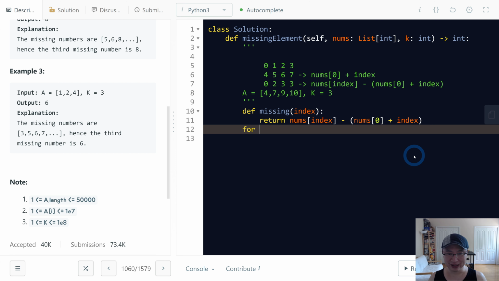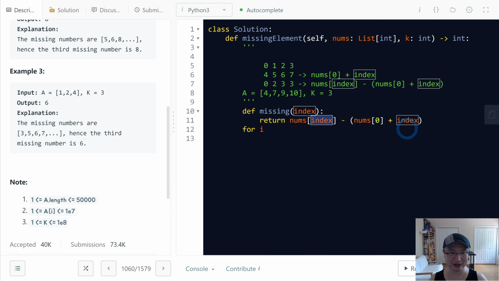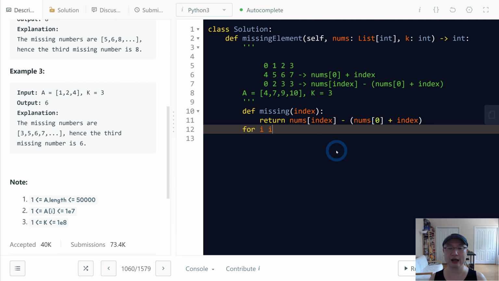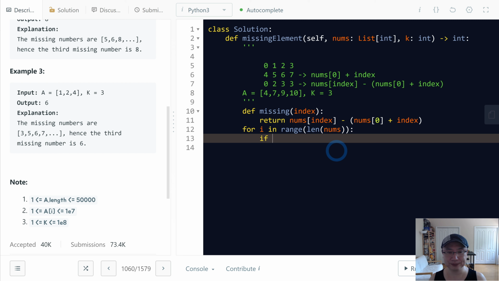And then I iterate with which one? That's right, index, because we just use index. For i in range length of nums, and then if missing(i) is